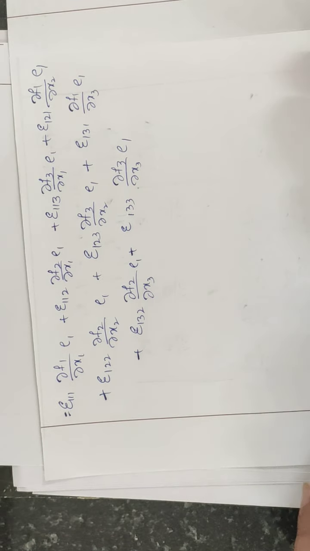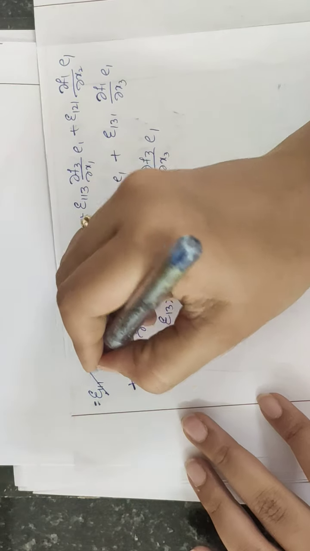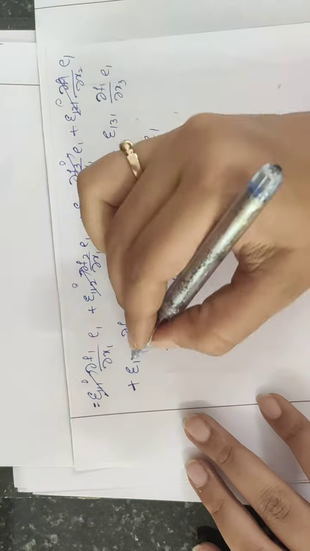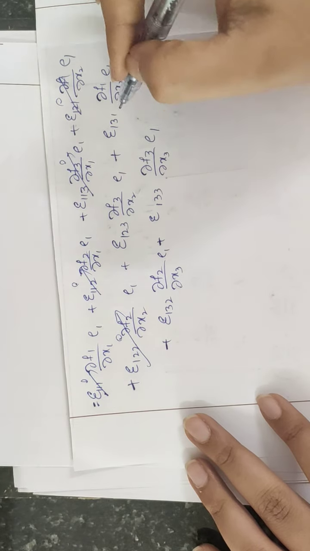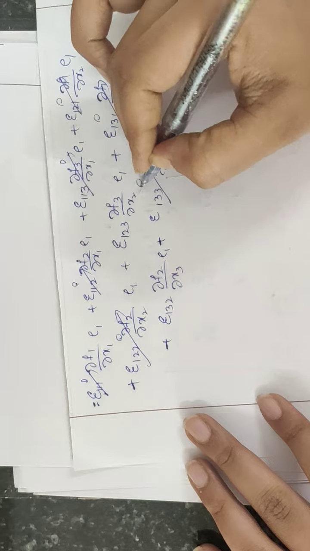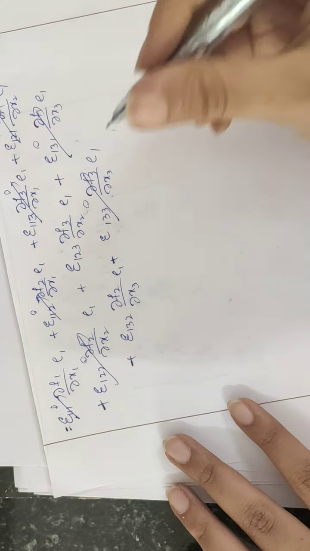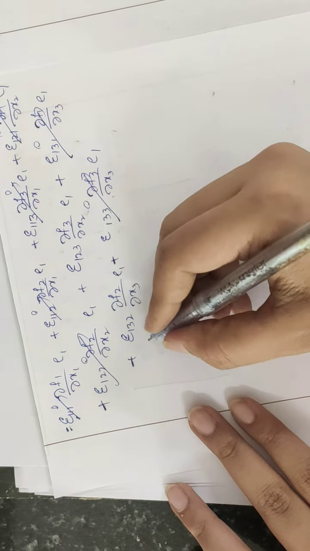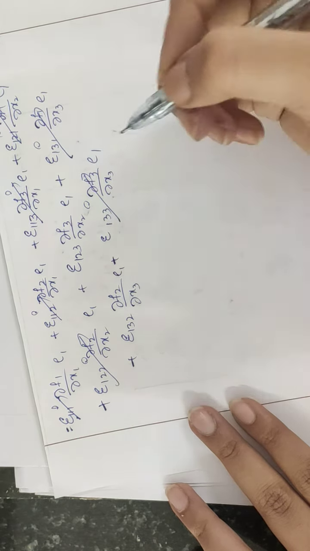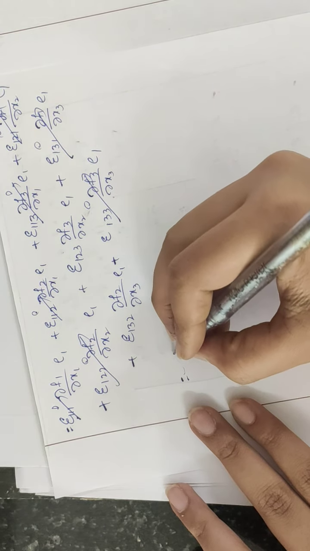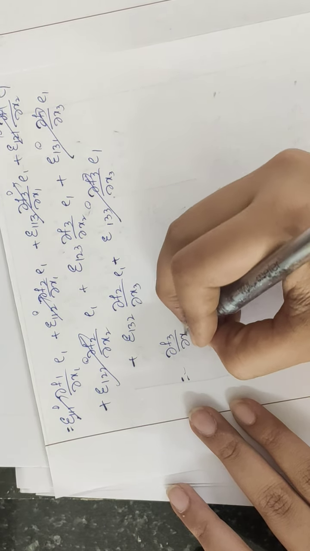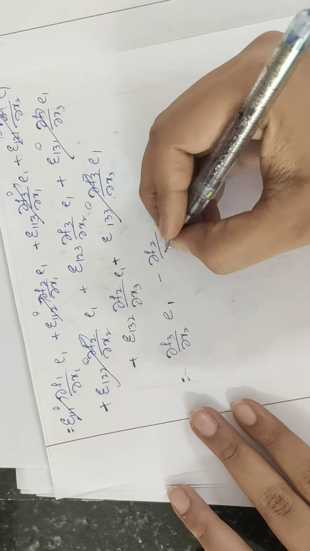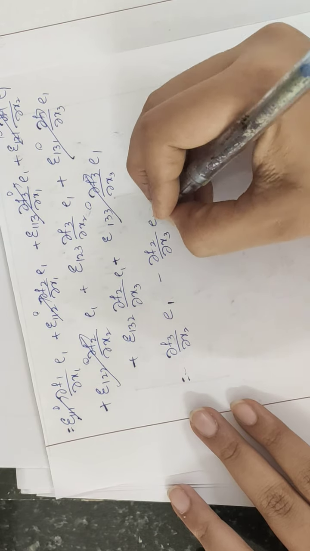Now use the epsilon i j k definition. From that, this will be 0, this is 0, 0, 0, and this term as 0 as well as this term as 0. You will be left with this being 1 and this being minus 1, right? Because one is in cyclic order and the other one is in acyclic order. So you will get dou f3 by dou x2 e1 minus dou f2 by dou x3 into e1.